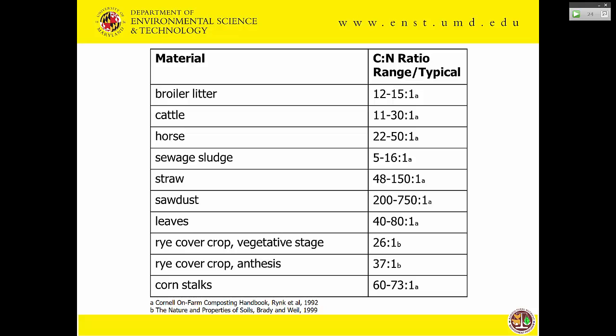And here are some examples of some of those materials. A good one to look at is sawdust, and look at how much carbon it has relative to nitrogen. So when this is decomposed, it's going to take up a lot of nitrogen that's in the soil. And compare that with biosolids or sewage sludge, and also the broiler litter, and all manures usually have a lower C:N ratio compared with some other materials that have more carbon per